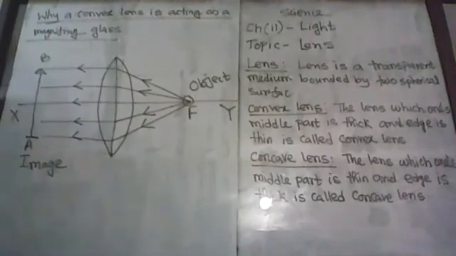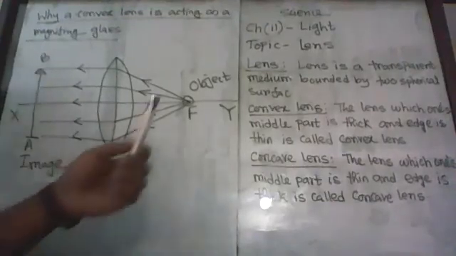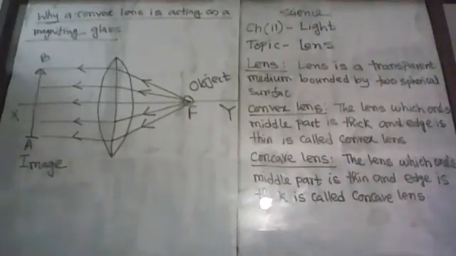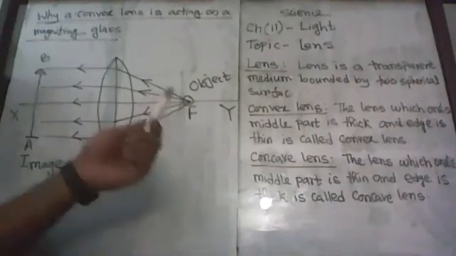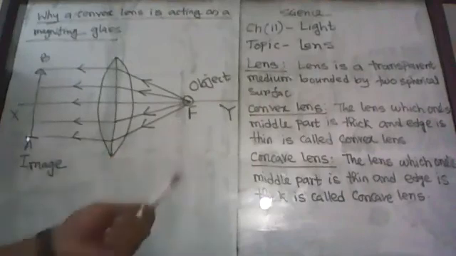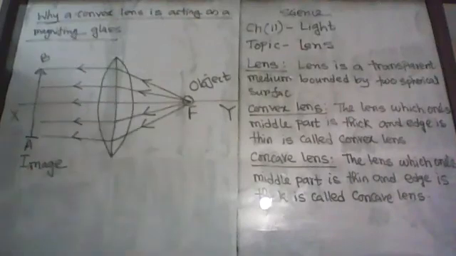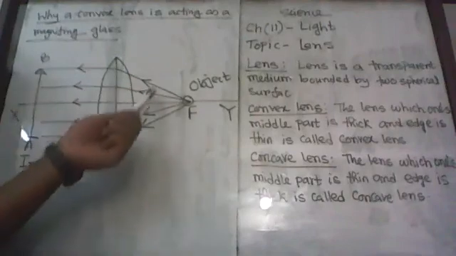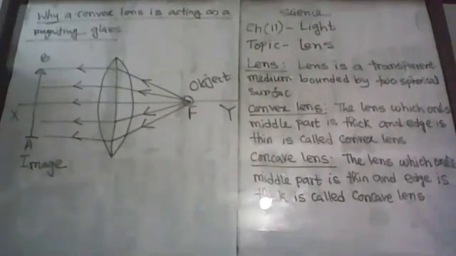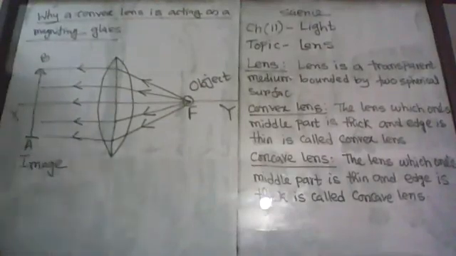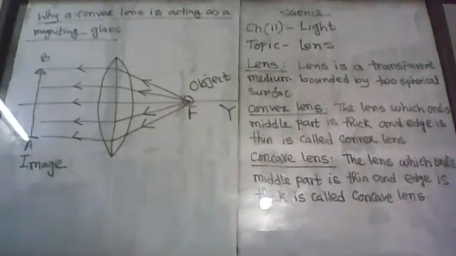So you can say that if you keep a very small object at this focus point, then when rays of light from this very small object fall on the convex lens, after refraction from the lens, you see a large, extended and magnified image is formed here. That's why this convex lens is called